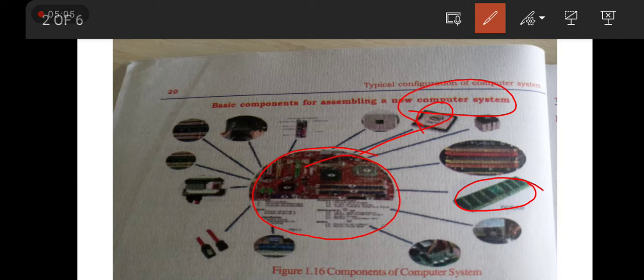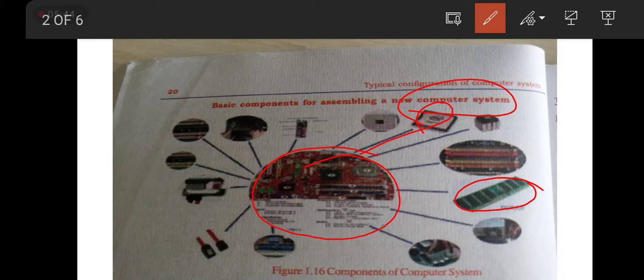Some companies will produce all the hardware parts of the computer, and some companies will produce only some parts of the computer. So to complete the need of all the hardware devices of the computer, they can be assembled. Assembling is nothing but taking the different hardware parts or components of the computer from different companies and combining them together to form the computer system.